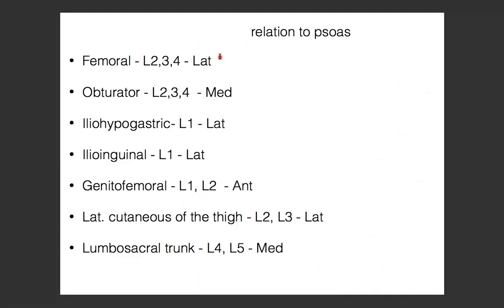يعني again, femoral is the big one that's lateral to the psoas muscle. Obturator is the one that's medial to it. Iliohypogastric, ilioinguinal are the lateral ones, they're small. Genitofemoral is the one that's right on top of it. Clear يا جماعة؟